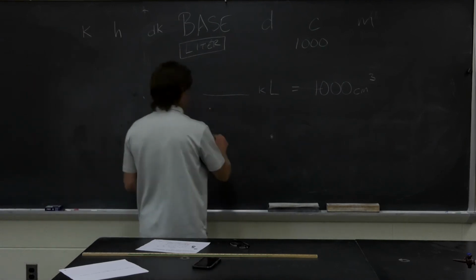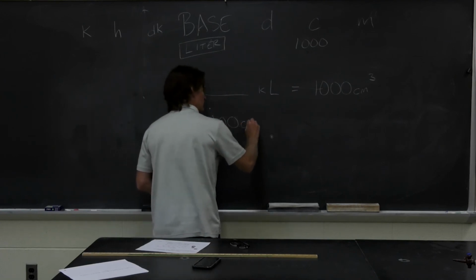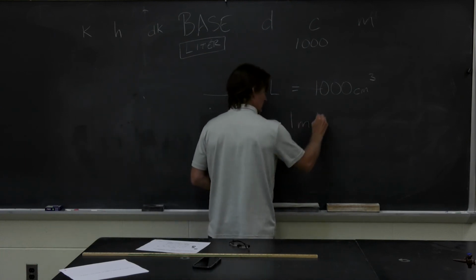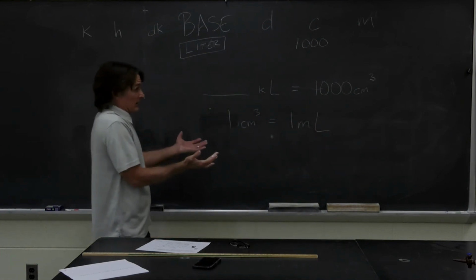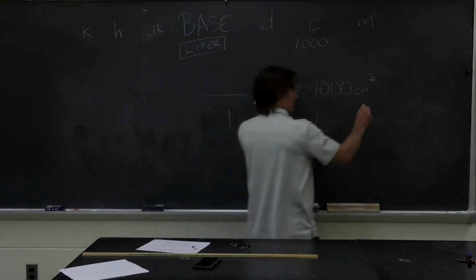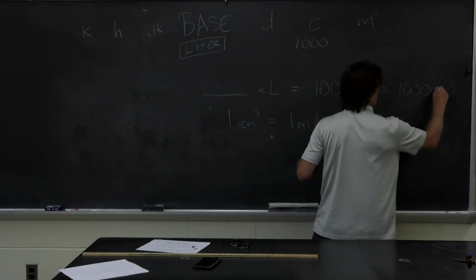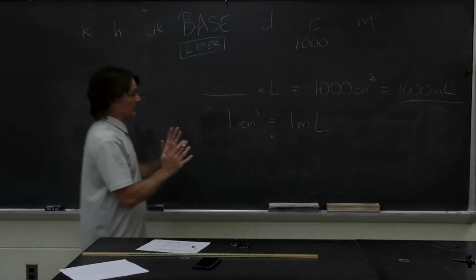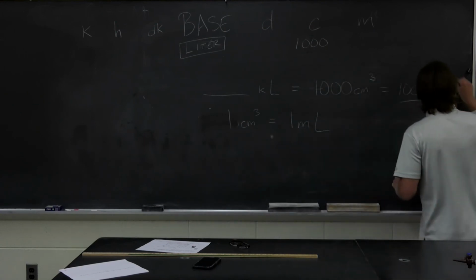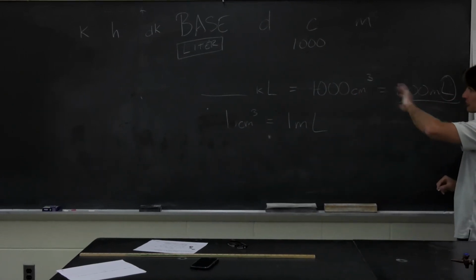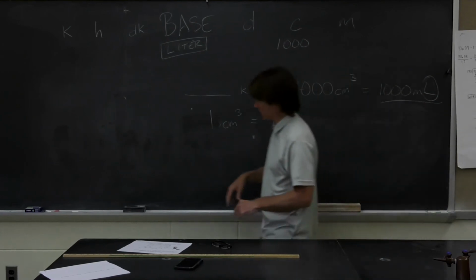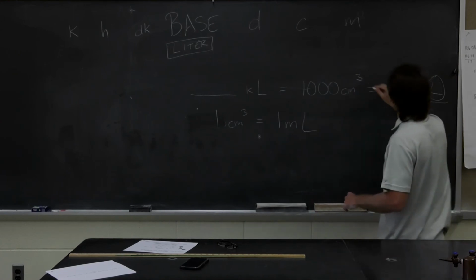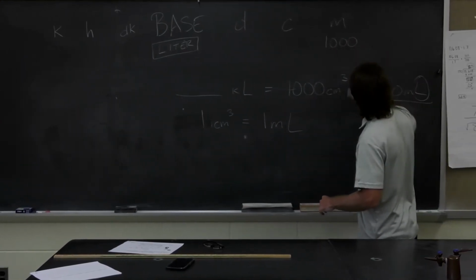Because of this equation, where I know that 1 centimeter cubed is the same thing as 1 milliliter, I can just immediately write 1,000 centimeters cubed, that's the same thing as 1,000 mils. They're identical. And now, once I've converted into the liter unit, I can do the conversions without having to worry about doing them 2 and 3 and 4 times. So in this case, I can take 1,000 mils, place it in the milli space,